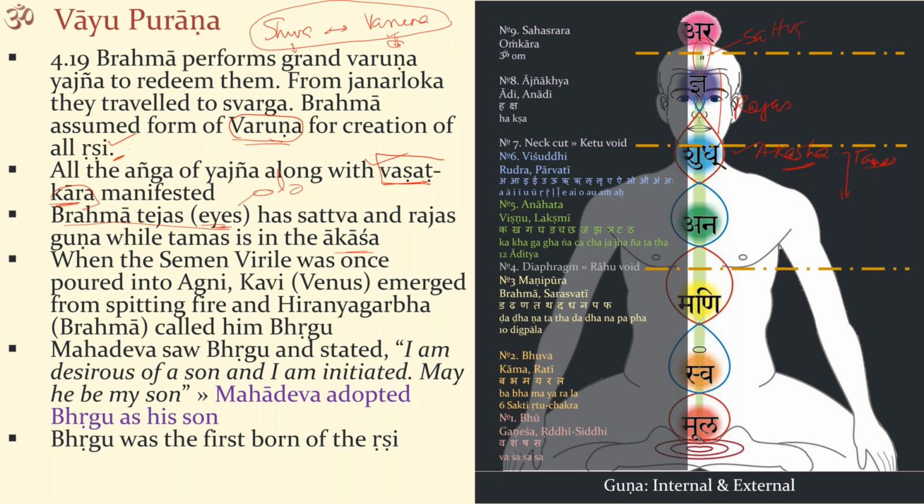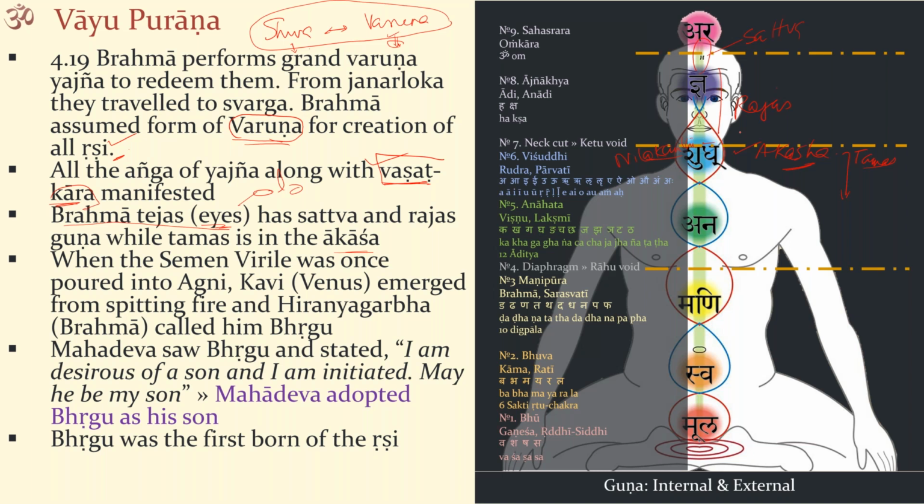So where did the tamas come? It came down to the neck. When the tamas comes down to the neck, the poison also comes in the tamas. Therefore, the grace of Nilakantha, the most important devata over here, is Nilakantha Mahadev. He is taking away the poison. That is how you are able to survive.